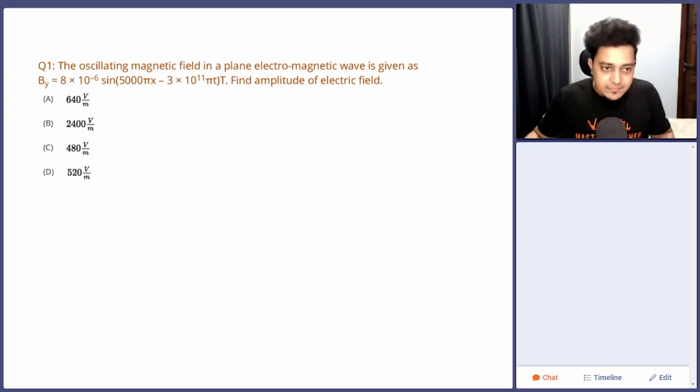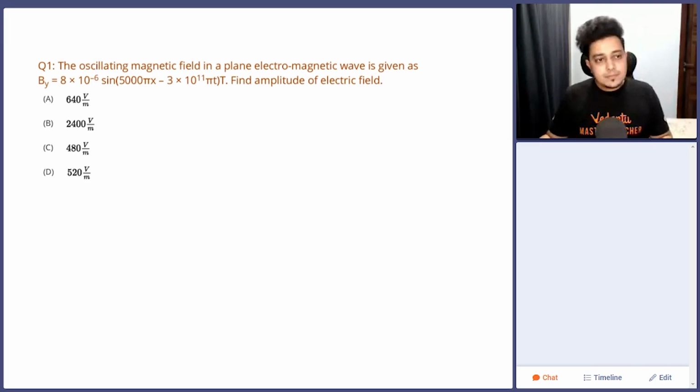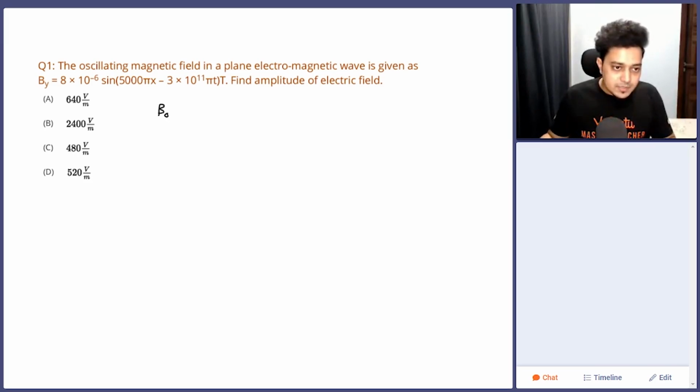The oscillating magnetic field in a plane electromagnetic wave is given by B in y direction as 8 into 10 to minus 6 sine of the entire function. Find the amplitude of the electric field. So you are given the magnetic field component. You can figure out the magnetic field peak value, which is outside the sine function, that is 8 into 10 raised